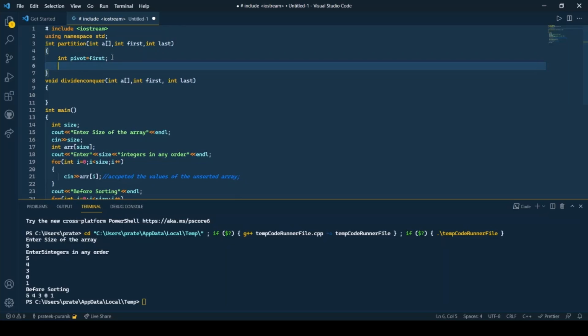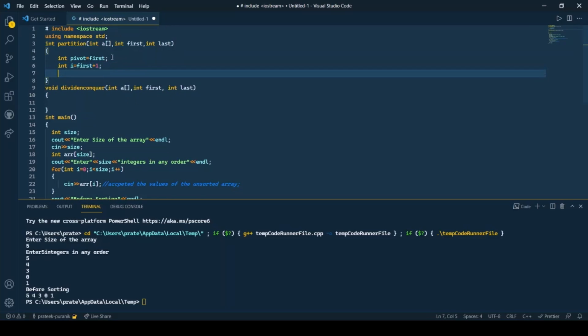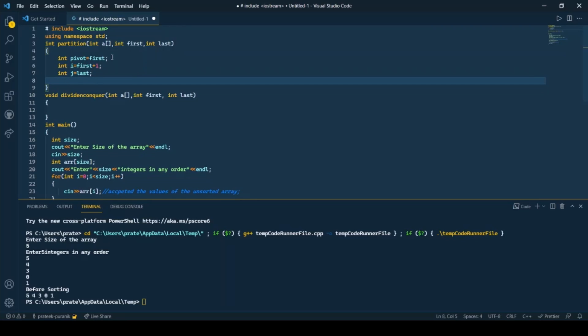Then we had initialized 2 markers, so int i is equal to first plus 1 and int j is equal to last. Now we have initialized our 2 markers. So i over here would be the left marker, which is used to detect elements greater than pivot, and j over here would be the right marker. Okay, so we have completed the initial steps of partition.